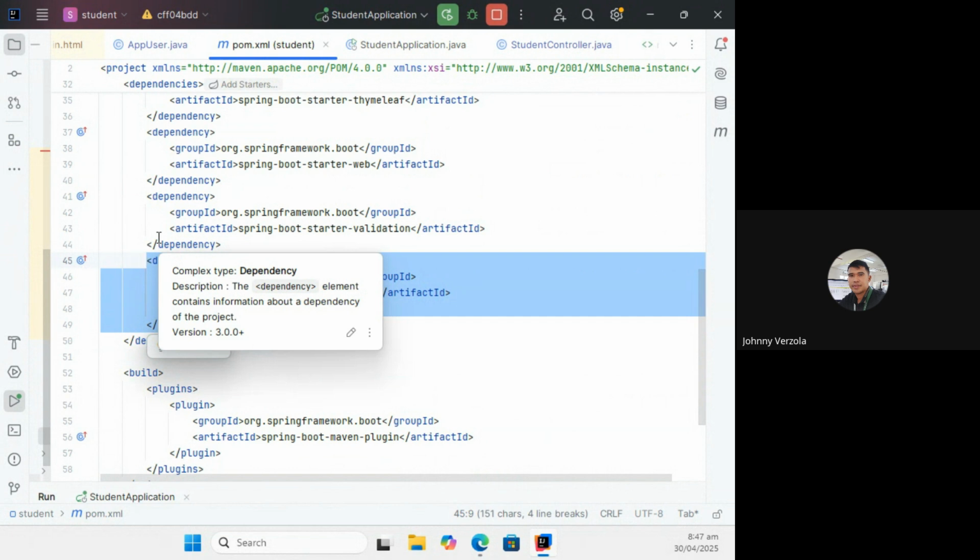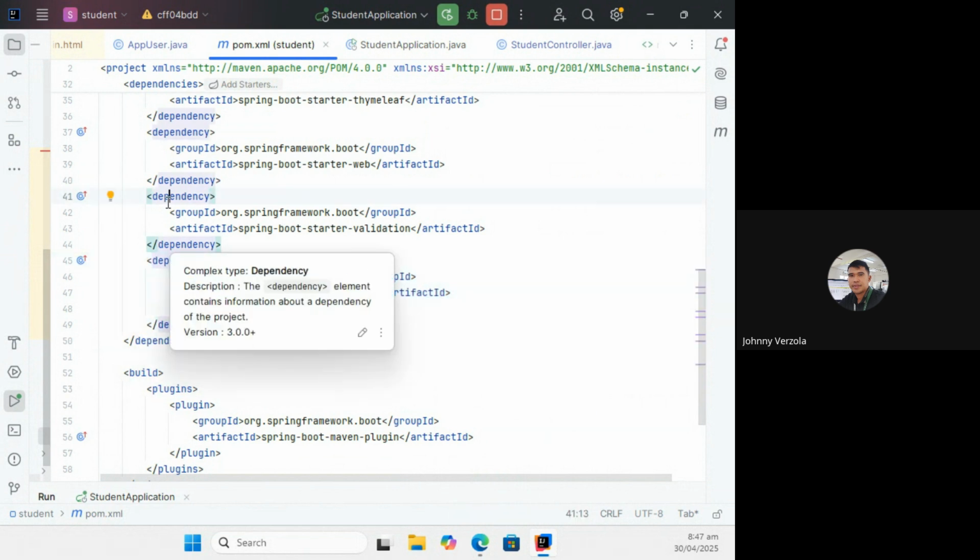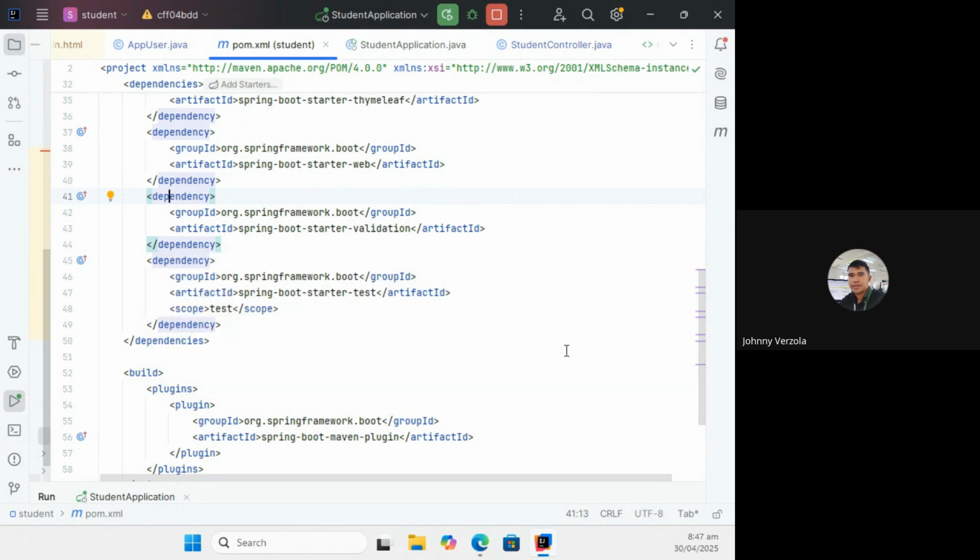What do you mean by encrypt? Is this the first time that you hear the word encryption? How about the others? Encryption is you mask a plain text into a not humanly easily readable text. Okay? What's the purpose? To add a layer of security to that. It's not easily guessed, para hindi nila madaling mahulaan yung password mo kasi naka-encrypt siya. Papakita ko sa inyo later ng itsura ng na-encrypt na text. Okay? But before that, I need to add a dependency.